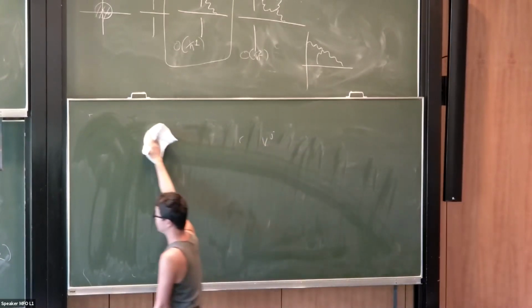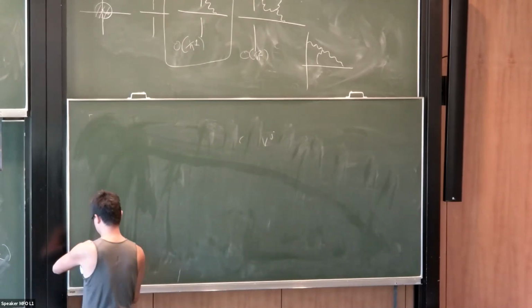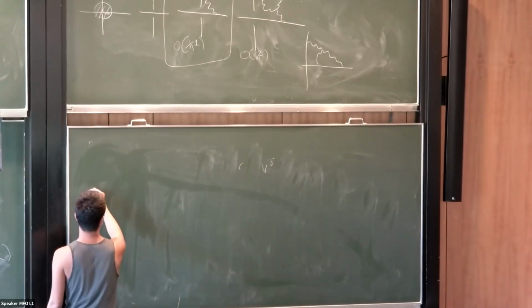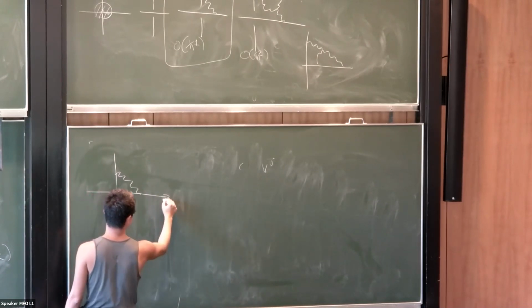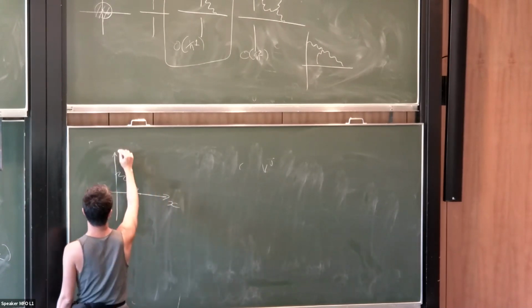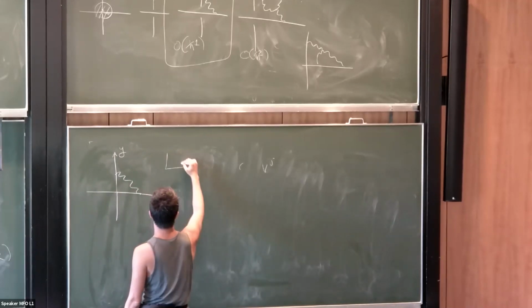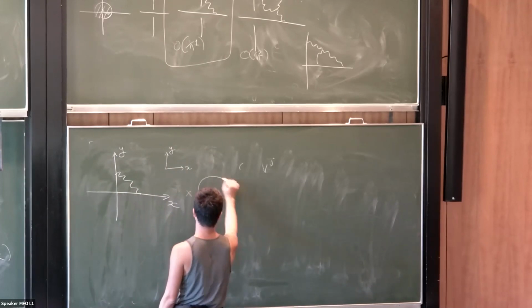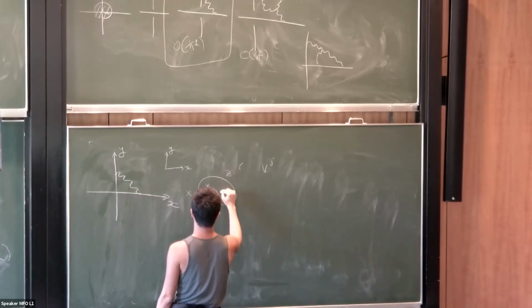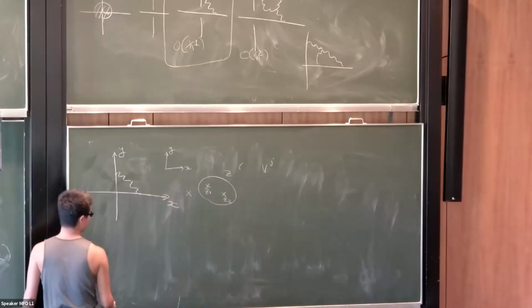Okay, so the final diagram. Let me write on the same diagram again, and the story is somewhat similar. Here we write X and Y, the same notation as Brian, and then there is also a Z direction. These are located at points Z1, Z2, and then the structure is similar.